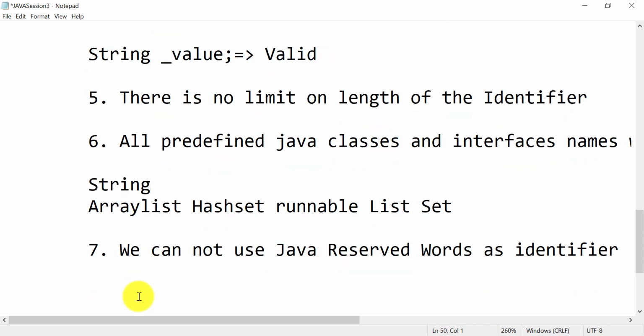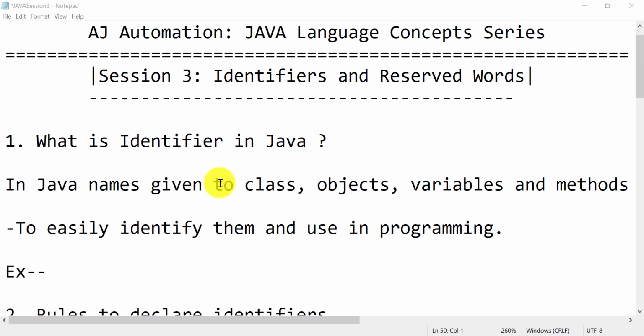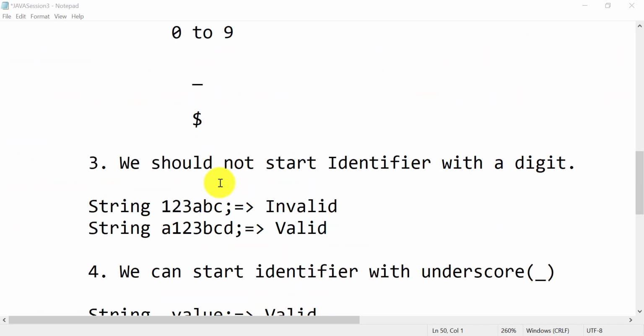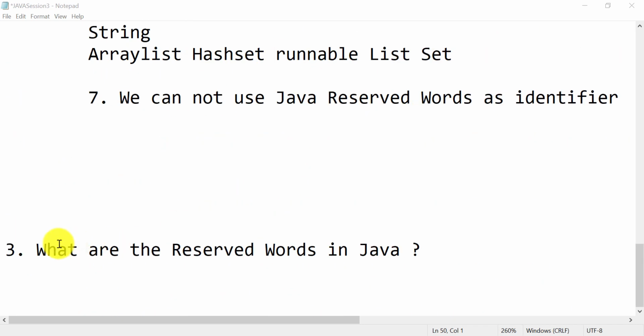Okay, so what are the different Java reserved words? What is meant by that? So this will cover our third point as well. After the rules, we are going to see what are the different reserved words in Java. Okay, so this will define here what the reserved words are.